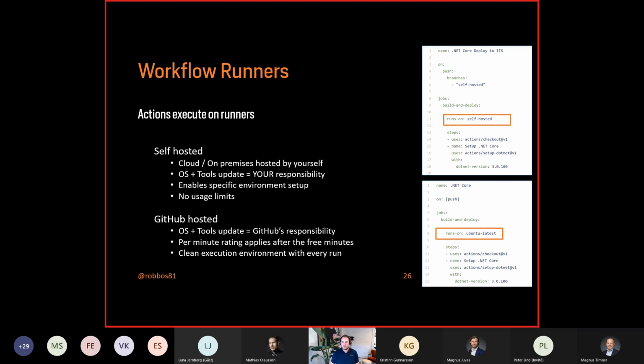And since they are running it for the entire GitHub.com organization, they of course have a setup where they make sure that a run from organization A doesn't leave any traces for a run on organization B. So they give you a completely clean execution environment with each run that you're doing for that workflow. It also means that there's no caching by default available, and you have to do some tricks to get things to work. So you're starting with a new clean environment, and when you're doing a Docker build, for example, all the image layers will be pulled in always, each and every time, because you have a clean execution.